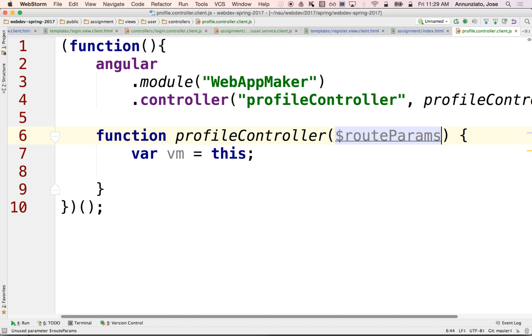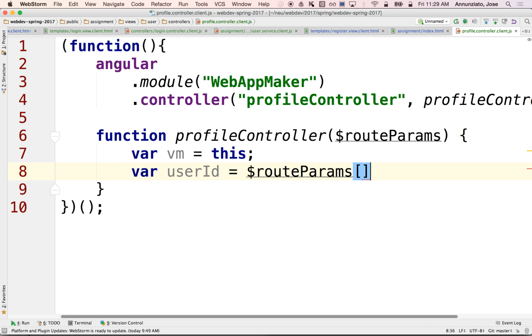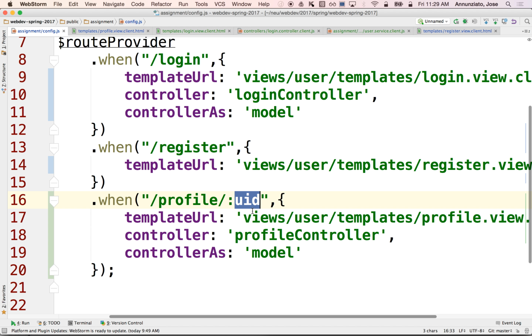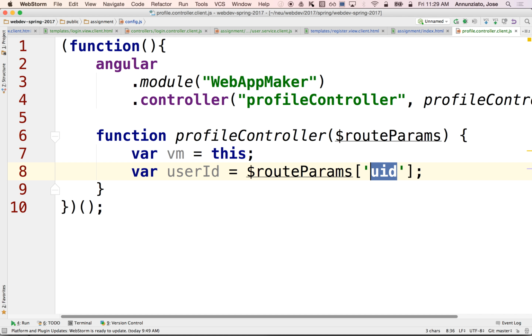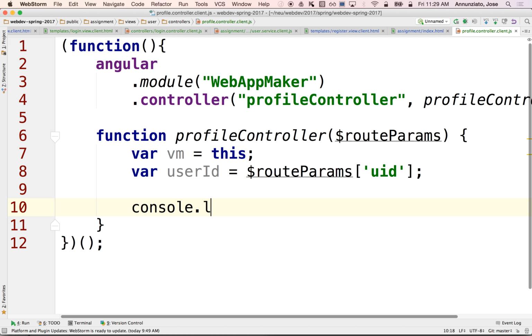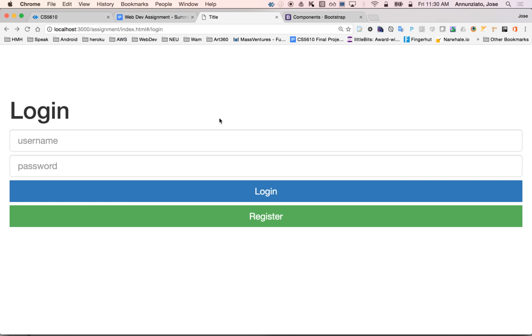So route params allows us to retrieve that map of parsed attributes, and we can retrieve the user ID from route params, and then from the map call UID. And this name is the same name as here, this UID. And so here we can then do a console log user ID, just print it out. So let's try it again. Let's go to the login page and look at the